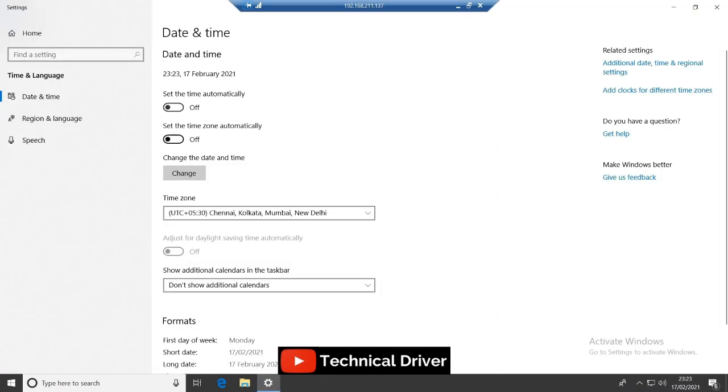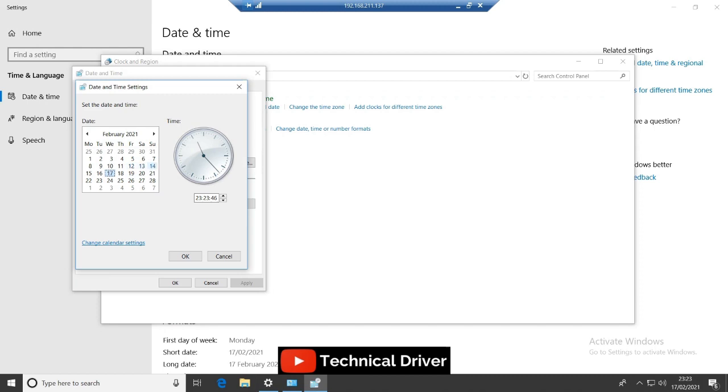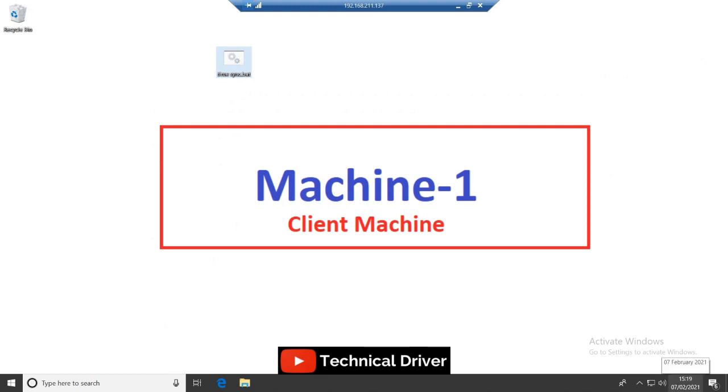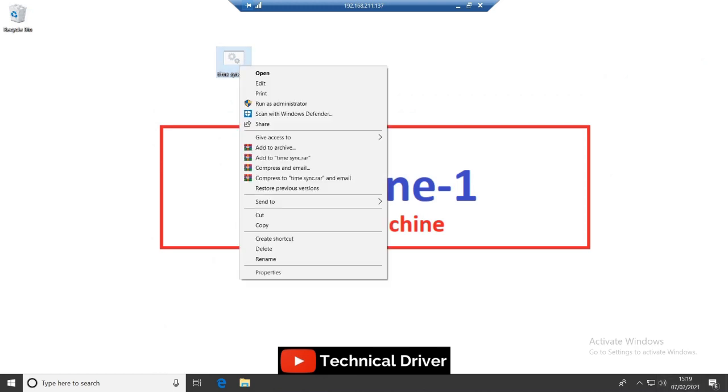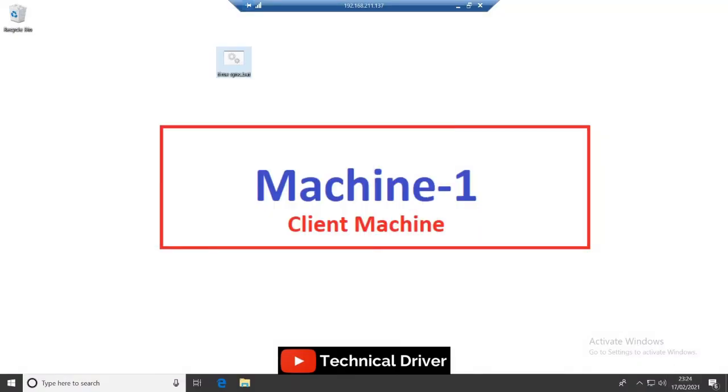Now I'm going to show you. I'm going to change my virtual machine timing again. I'm not entering any command in my command prompt. I'm going to set it by using this batch file. So I'm going to change my system time and date, entering the hour, date and second. You can see here the current time is totally wrong. Okay, so I'm going to run it by using run as administrator, and yes, you can see the time is changed and synced with my main machine.